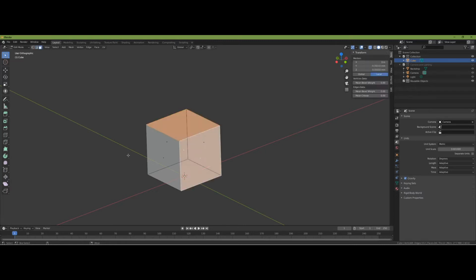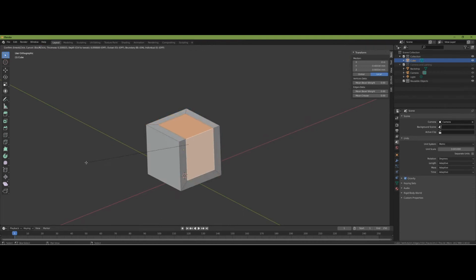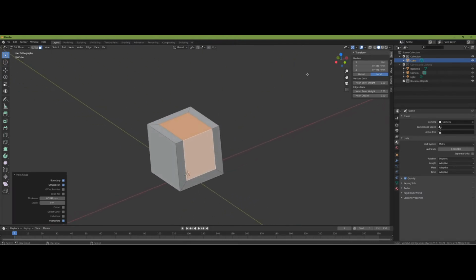Press 3, and with those two faces highlighted, you can see that's what I've got highlighted. I can press I to inset, and I can just bring that down. All we're doing is something with the shape just to make it a bit interesting. So I've pressed number 2 on the keyboard to select edges, and what I'm going to do is